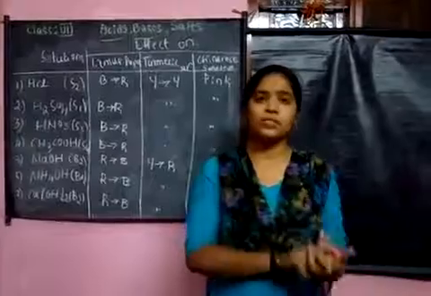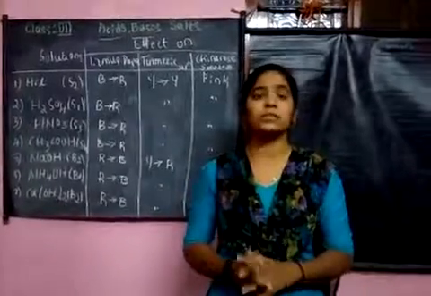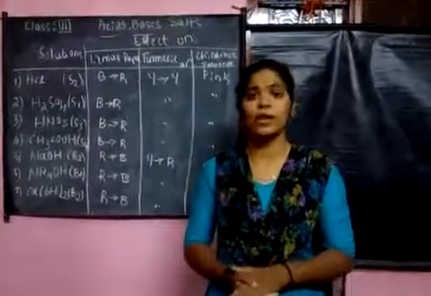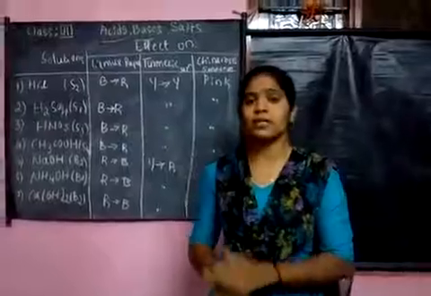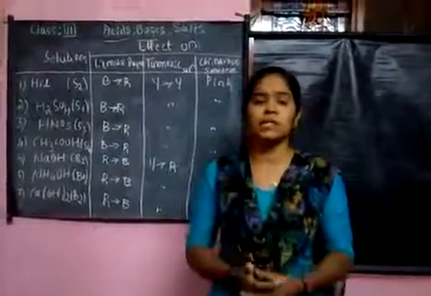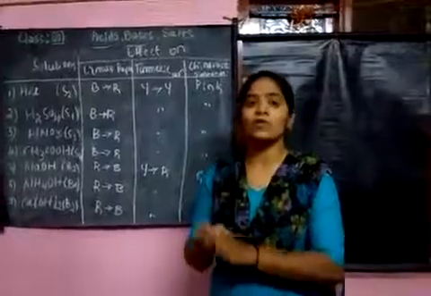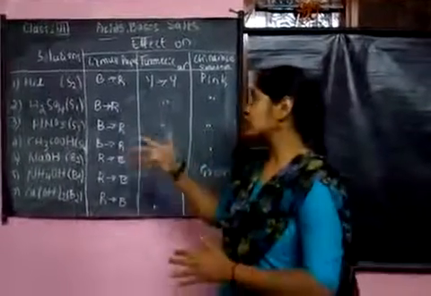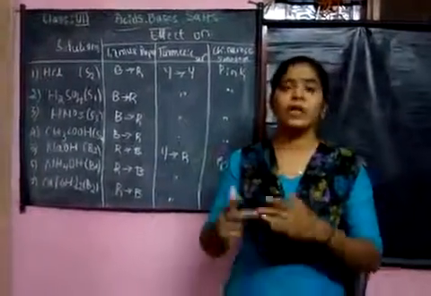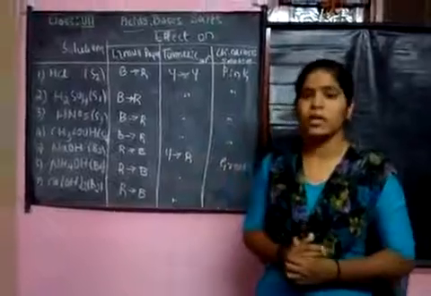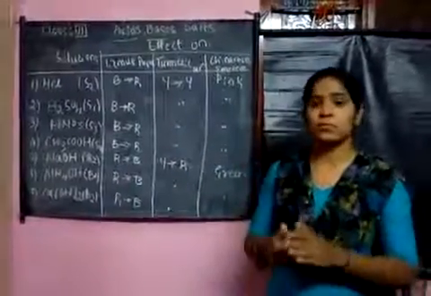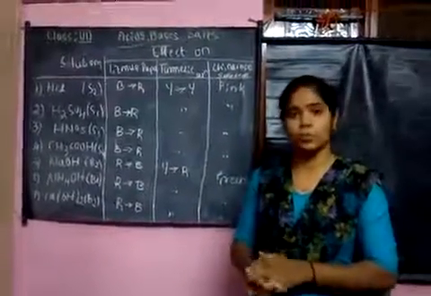So in the previous 2 activities we considered some solutions which we use in our day-to-day life. But in the third activity we are considering particularly acids and bases, and how they act upon the litmus paper, turmeric solution and China-Roche solutions. Okay, here I am considering some chemicals from the laboratories.